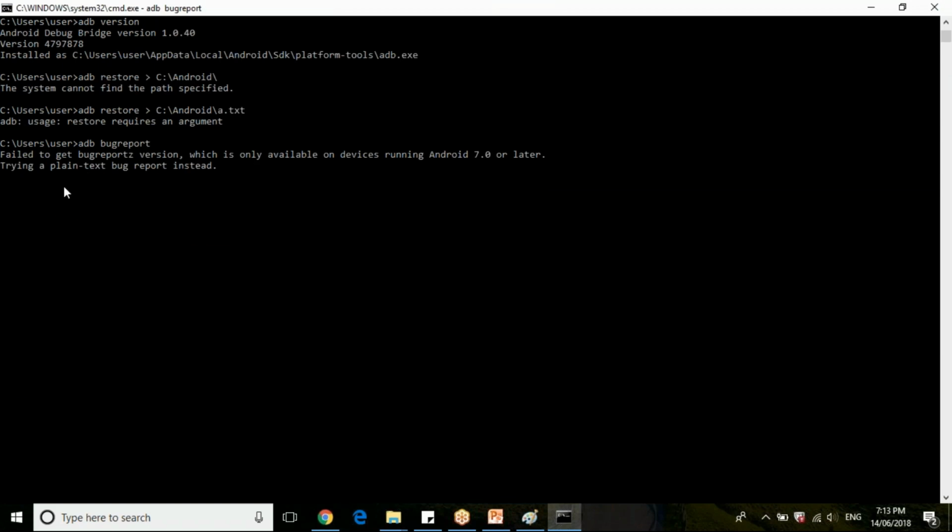I think it takes a couple of seconds to fetch all the bugs available on this machine. Basically, these are some of the operations your Android SDK is capable of doing with Android Debug Bridge. All these operations you will be able to do with Java code, right?